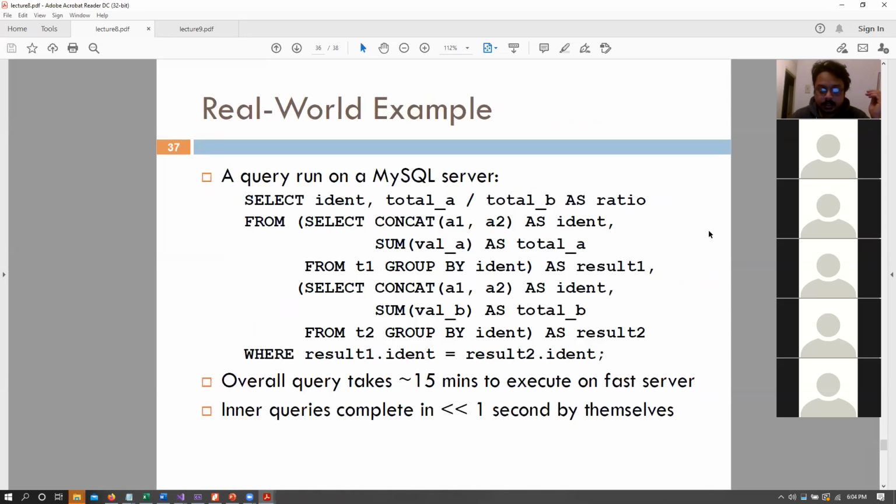Okay. So let's finish up this set of slides with this example. So here we have this large enough query. This query doesn't really matter that much, but this shows why temporary tables can be useful essentially. Let's say that we have this large query that has two inner queries, right? So we have this one inner query that is essentially select something, concat something, blah. Right. And we have this other query